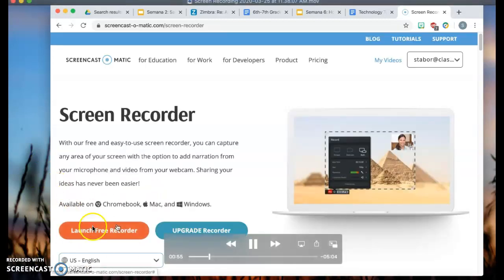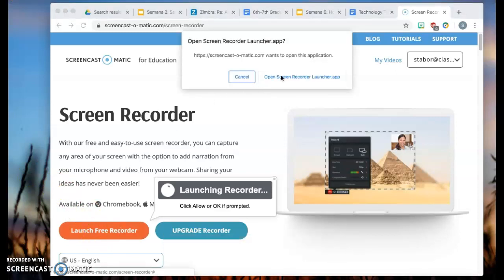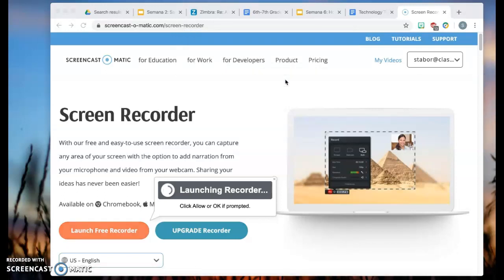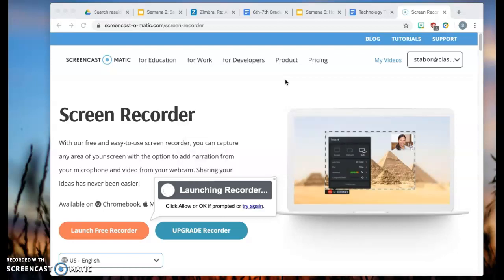When you launch this free recorder, it might make you have to allow some stuff, and I can talk you through that. I've already allowed pretty much everything on my computer at this point. So it's not going to ask me that, but it might ask you to allow this application to download or something. So anyway, what you're going to see is,